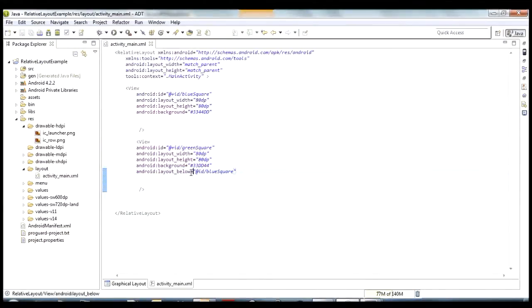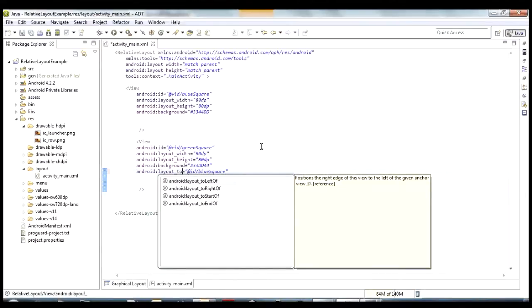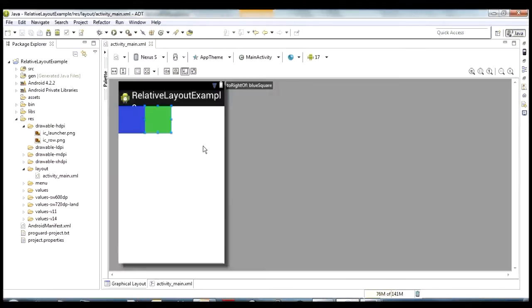We could just as easily have to the right of, or to the left of, or above. You get all of those options. So let's change, we're not going to show you all of them, but let's change the one right here, layout, and to the right of right there. So still pointed at blue square, but now instead of below it, we should be to the right of it. So let's just take a look there. Yep, you see we got the blue one, and now we got the green one to the right of it